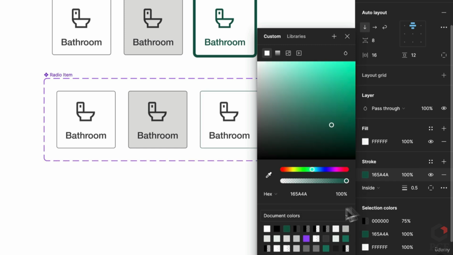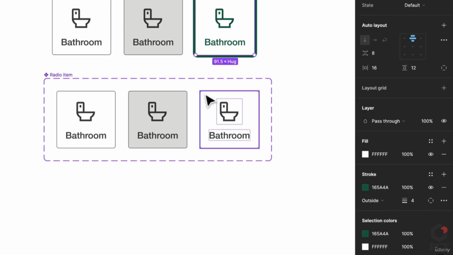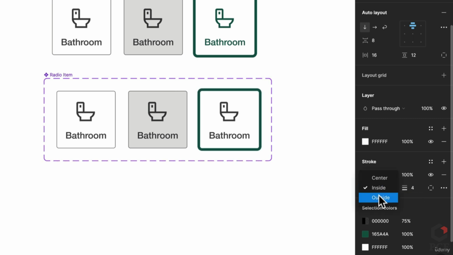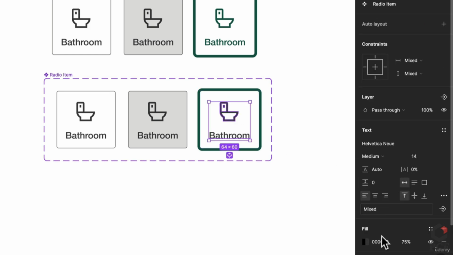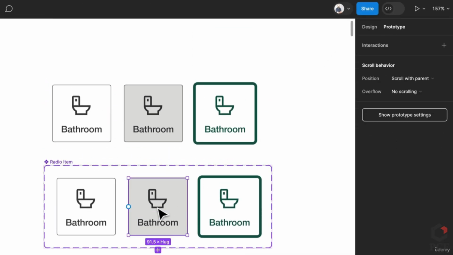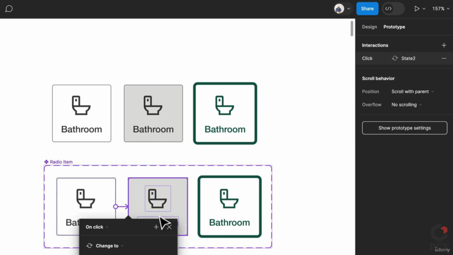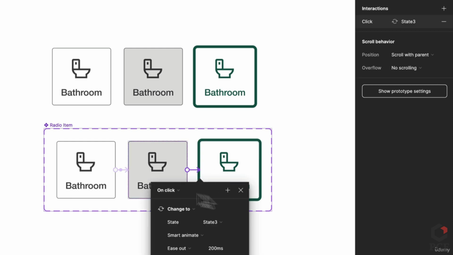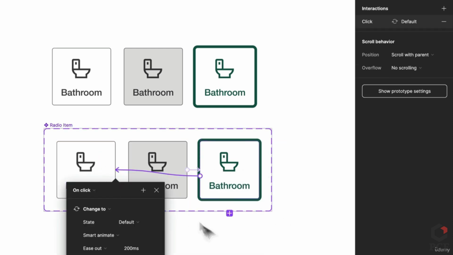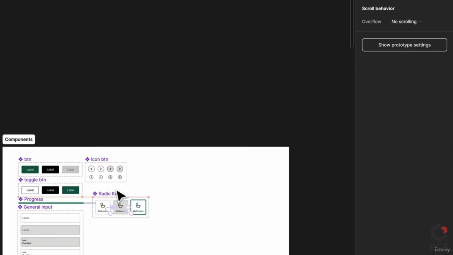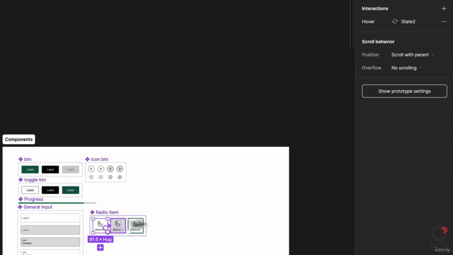So this green that we have here, I think it's 4 pixels. So it's going to be 4 pixels, not on the inside, but on the outside. So it's kind of like that nice little border. And all these are going to be green as well. And so what's going to happen here is on hover and then on click, and maybe we just go back to that. So we can delete those, but that's how essentially we are creating